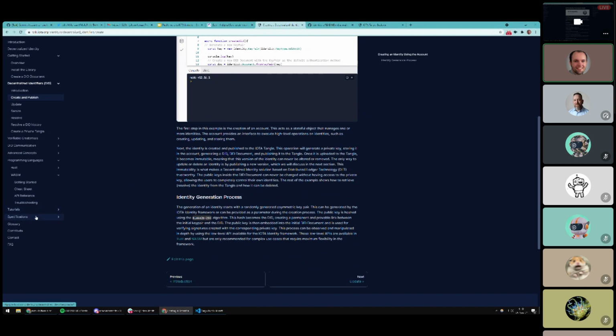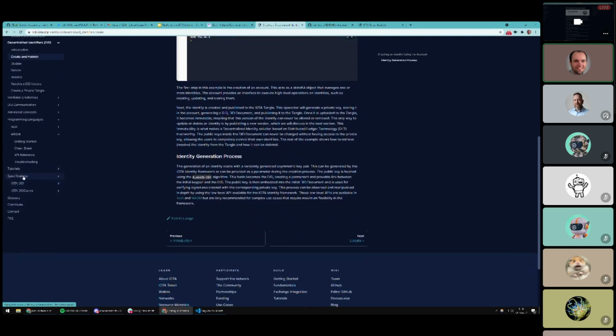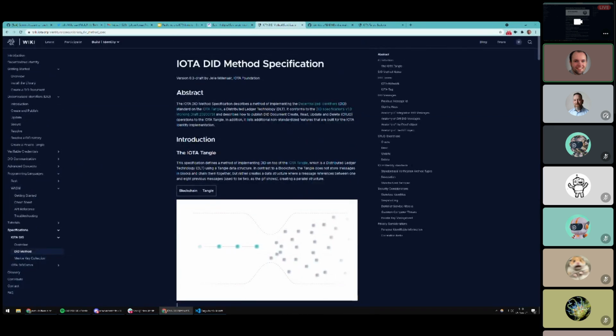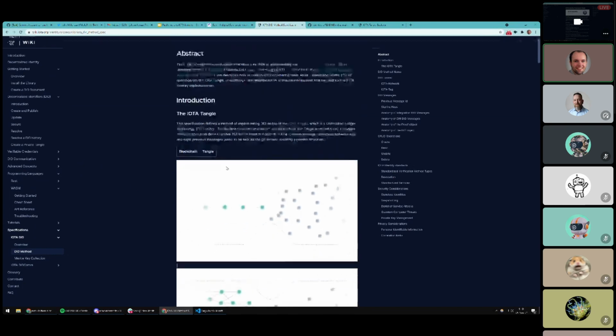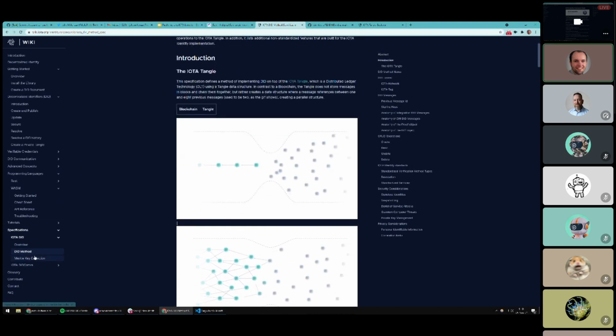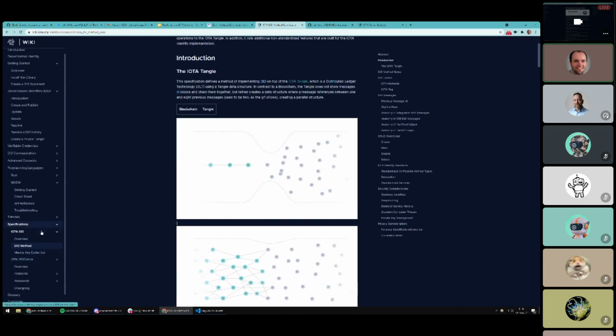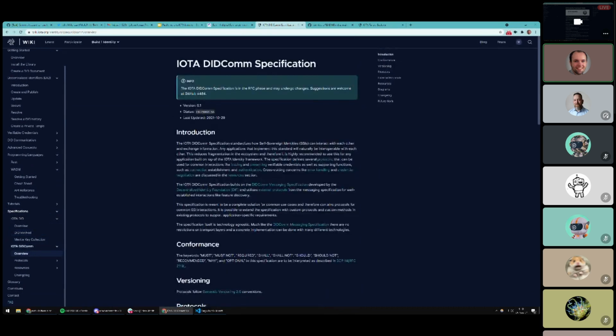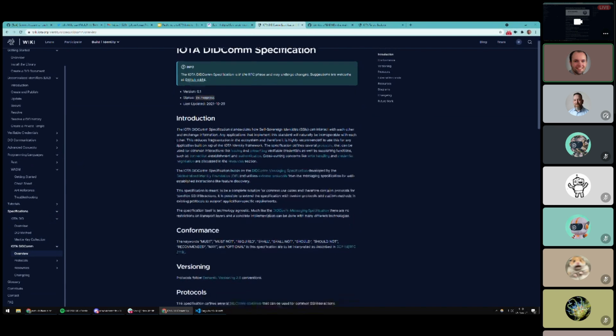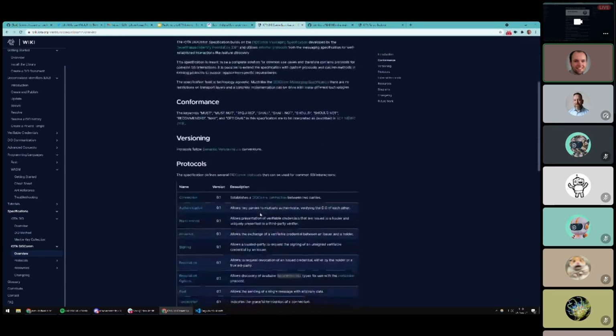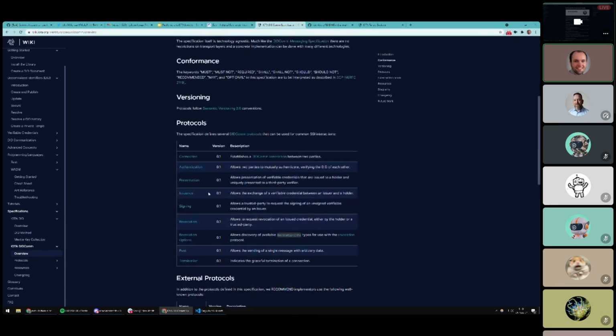Lastly, the thing that I want to mention is that we also have a specification section that explains, for example, how IOTA implements identity, how exactly it runs on the Tangle, and also the DIDComm specification. So this isn't implemented, so you can't use it today, but DIDComm basically expresses how two identities can interact with each other in a standardized format.